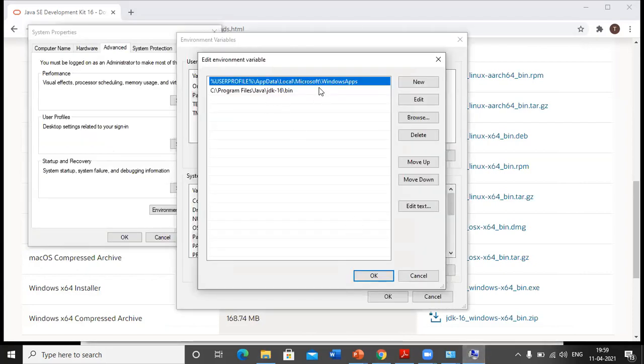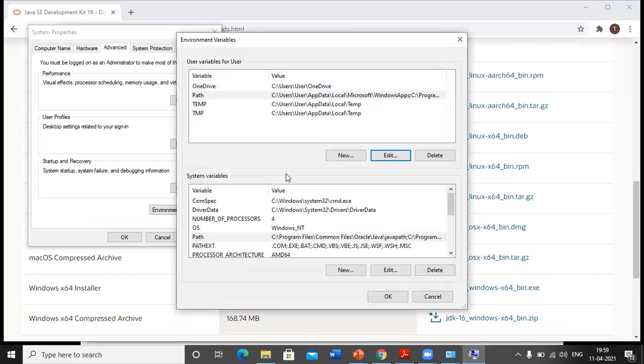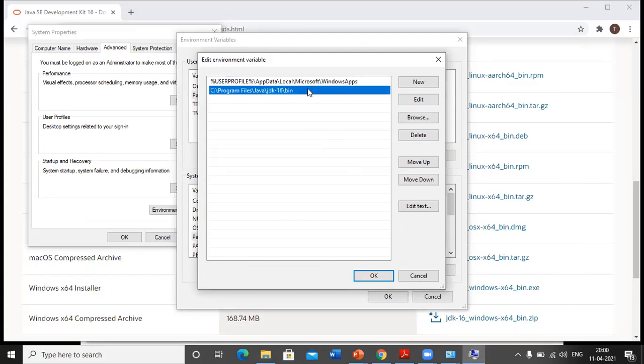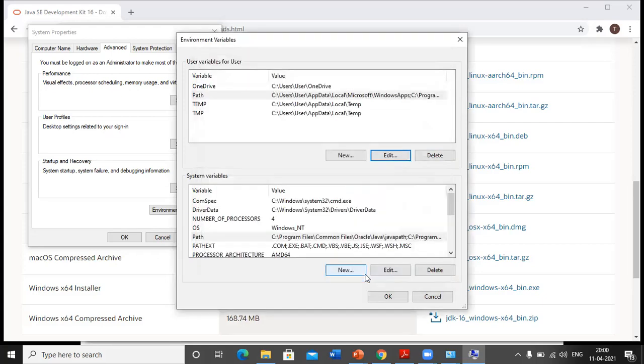Then go to your environment variables. Okay, so this is Path. You have to edit this, and the path that you have copied, that is the bin folder path, just paste it. As I pasted already, you have to paste it. First you have to click on New and then paste it. Likewise you can edit it. Now click on OK.